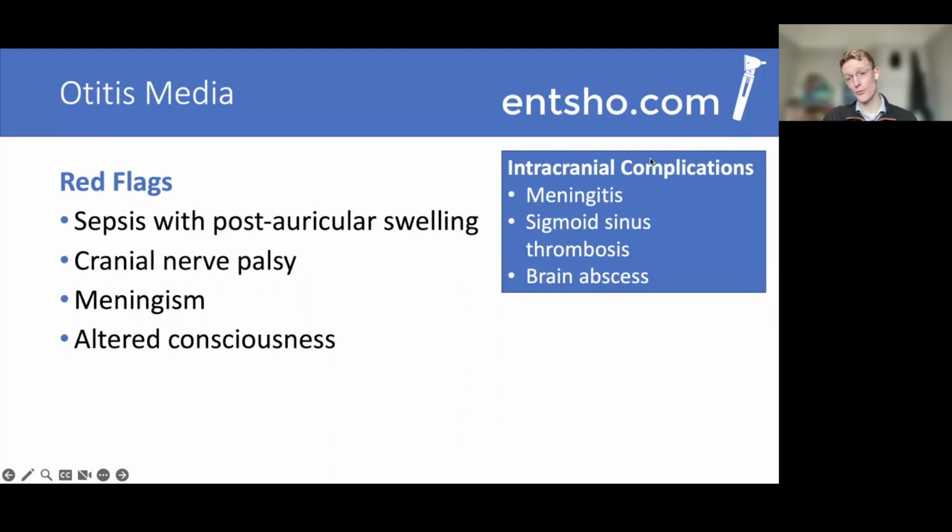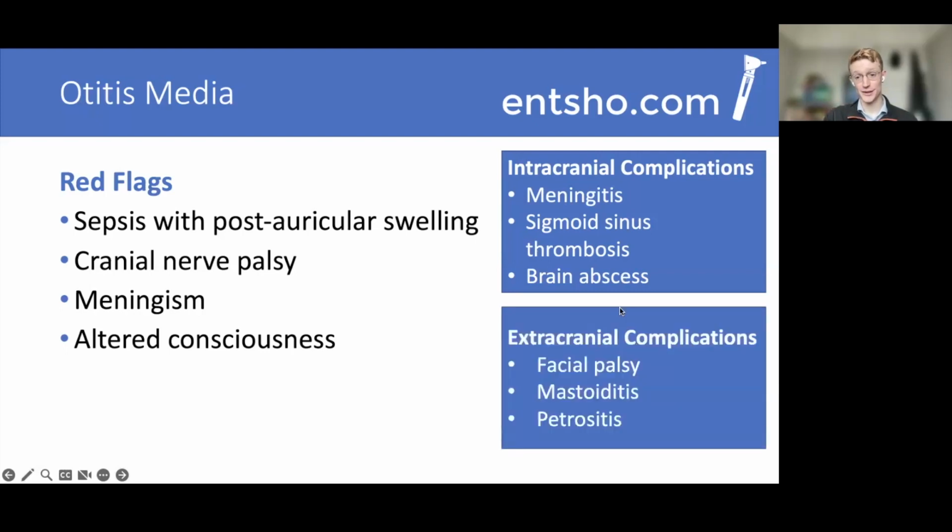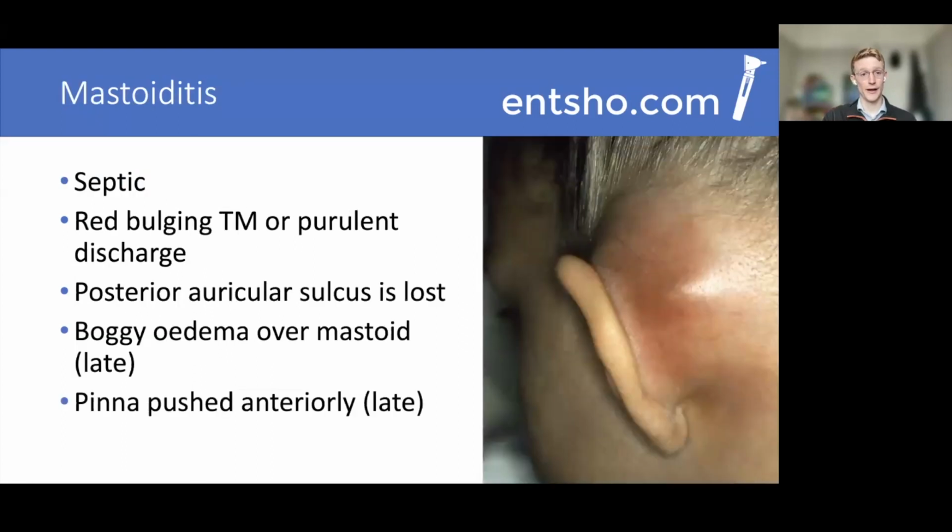So intracranial complications, as we kind of alluded to, are meningitis, sigmoid sinus thrombosis, and brain abscess, with extracranial complications being facial nerve palsy, mastoiditis, and petrositis. So being aware of this is important. Obviously, patients with these complications are going to need hospital admission for treatment. Mastoiditis is often worried about, so having an idea of what you would expect to find on examination is